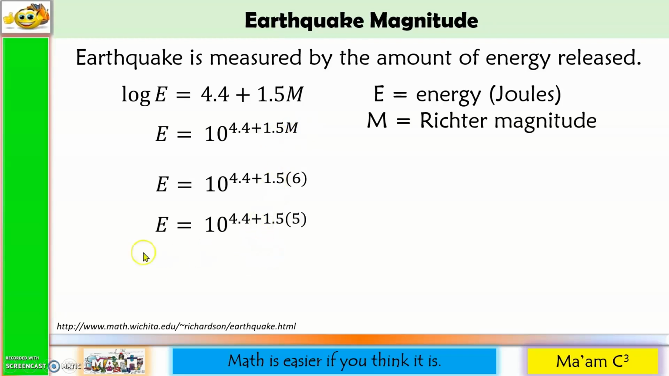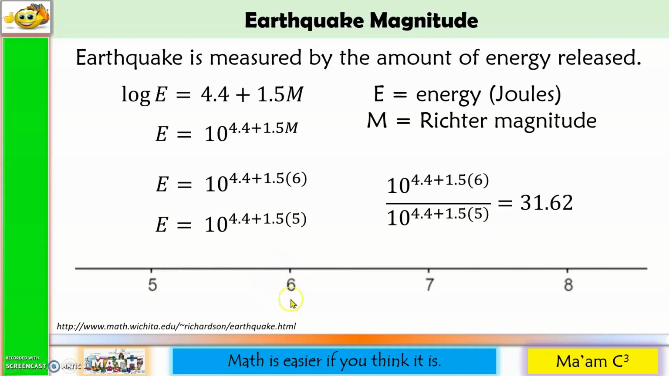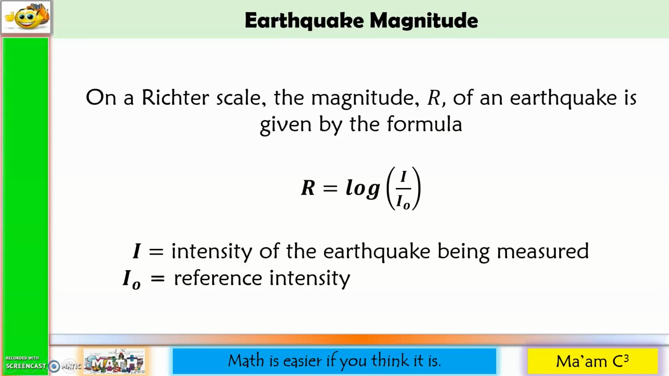To compare, let us get the ratio of these earthquakes. So we have 10 raised to 4.4 plus 1.5 times 6 divided by 10 raised to 4.4 plus 1.5 times 5. And this is equal to 31.62. This means that an earthquake with a magnitude of 6 has 30 times more energy than an earthquake with a magnitude of 5. On a Richter scale, the magnitude denoted by R of an earthquake is given by the formula